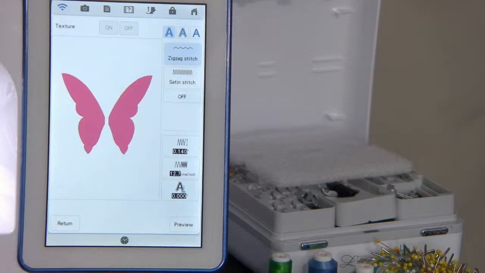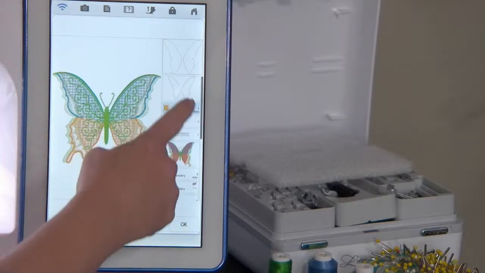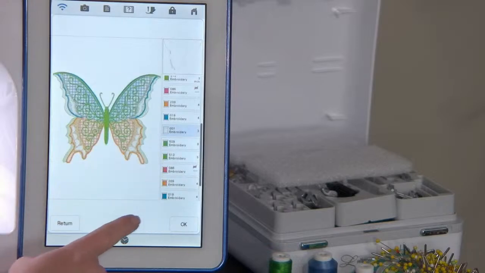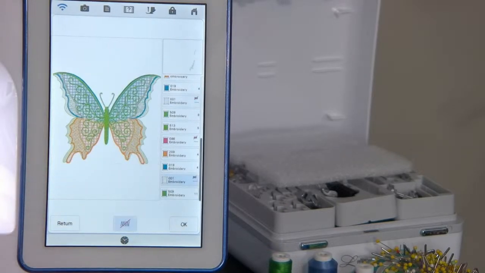Touch preview because it's going to be layered underneath, and touch next. And you'll notice my pink is no longer showing. It is now an applique. And if there are any colors that you want to turn off, you can select them and touch no sew. So if I don't want to sew those white little things, I can turn off the whites and then touch